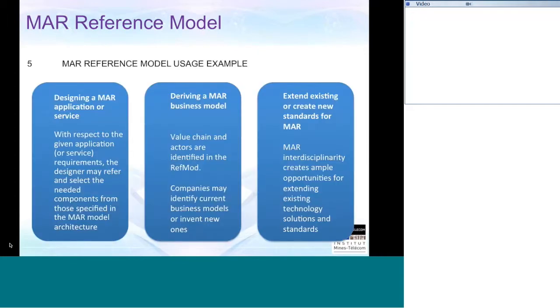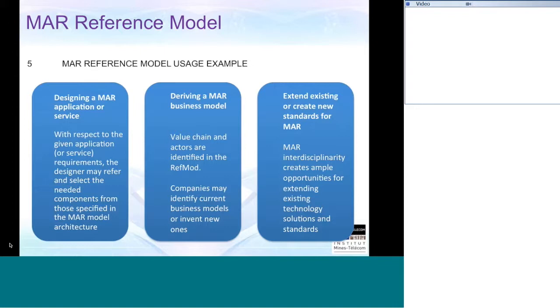Okay, section 5 is about something that Christine already mentioned, the benefits of using the reference model. We decided to include this section in the document to make it clearer to the reader how he or she can use the document. So we classified these sections in 3 parts, and we make the distinction between a MAR application or a service provider that he or she has in mind, what it would like to have as a system, and then the reference model only guides the development, helping in naming